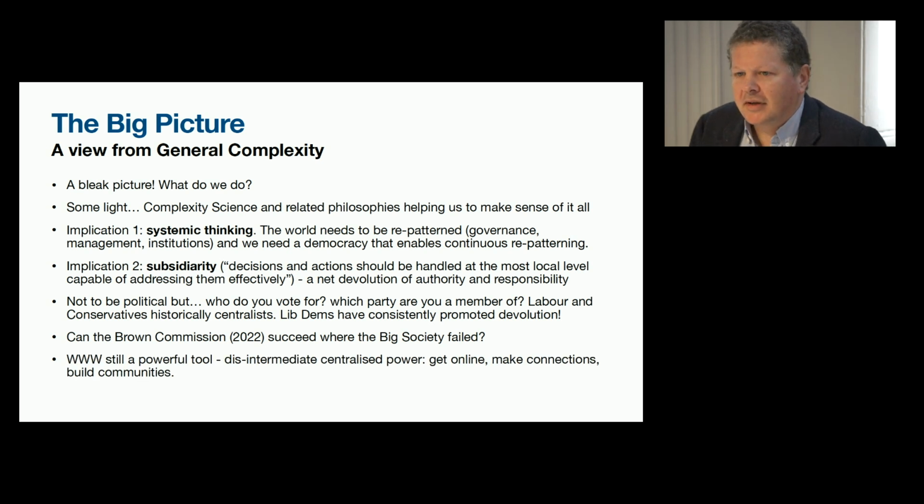The other thing I'd mention in terms of what we do: the World Wide Web and also our smartphones are still incredibly powerful for creating communities and connecting, disintermediating centralized power. So get online, make connections, build communities is another implication of a lot of these things. In fact, over lunch, we were talking about using WhatsApp groups to create communities. It's wonderful for that. I even created a WhatsApp group last week entitled, "Oh no, not another WhatsApp group," because I get so many. But anyway, the other thing I didn't put on here is